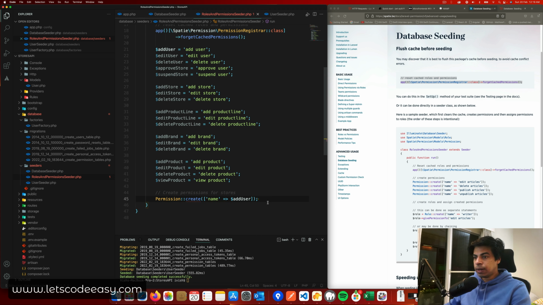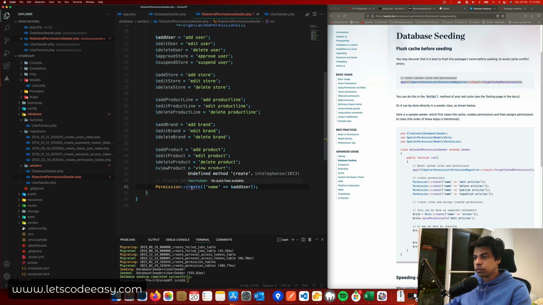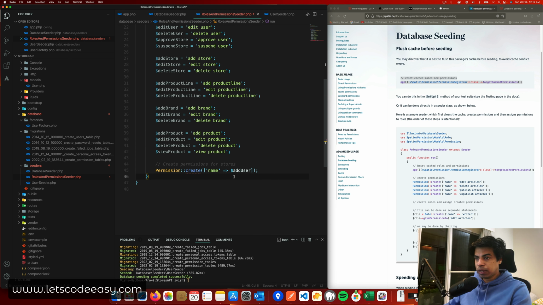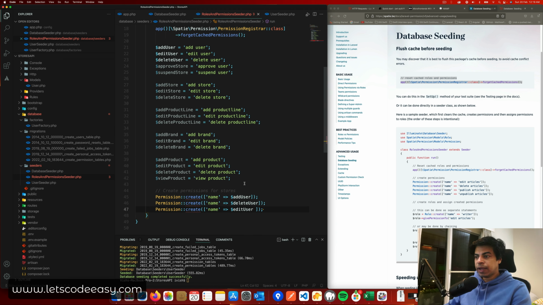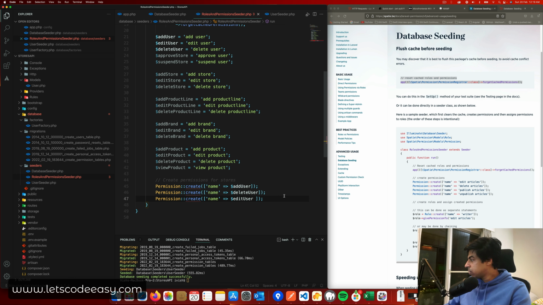So similarly, I can have... why is it the undefined method? It's just that it's not yet picking up all of these. But similarly, the first bit of permissions are for add, edit, delete. So these are maybe permissions for creating users, which is for a system admin or a super admin. And then